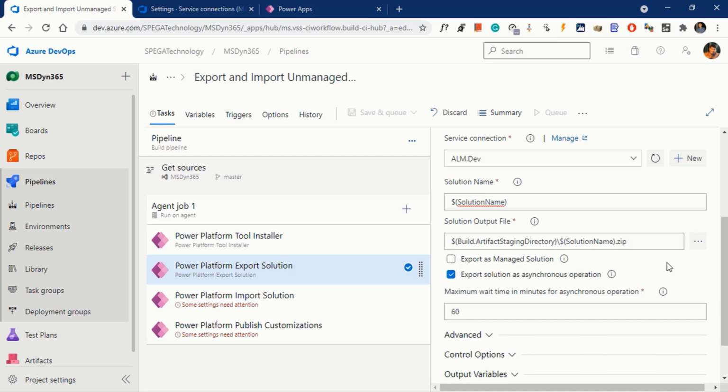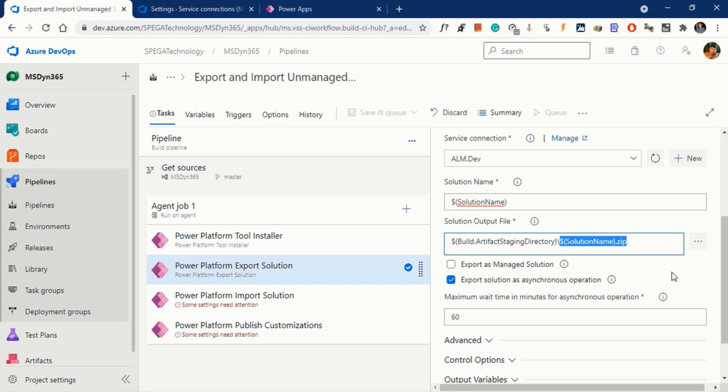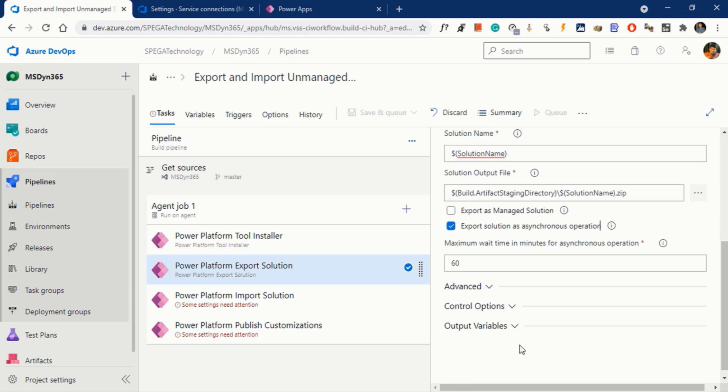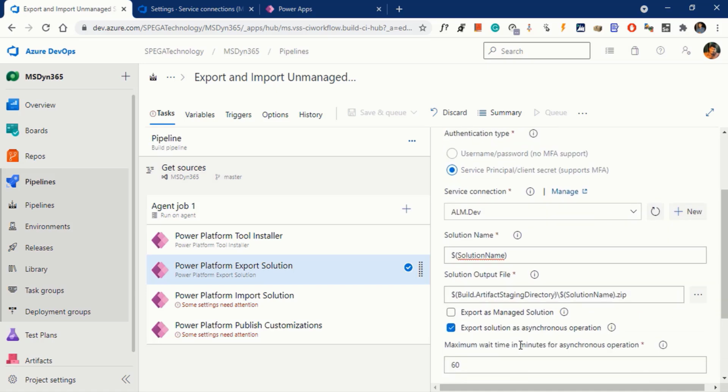This is the directory where we are going to keep our exported solution. This is a Microsoft-defined directory. This is the solution name, the unmanaged solution which we are exporting, selected as an asynchronous operation. Now all issues are fixed for the export task.